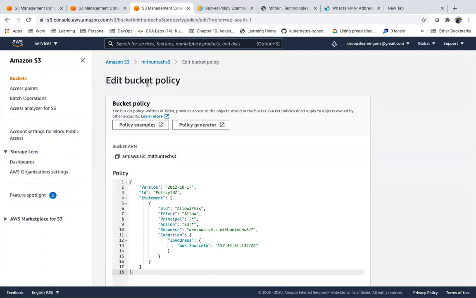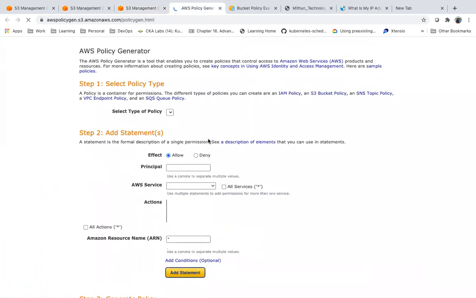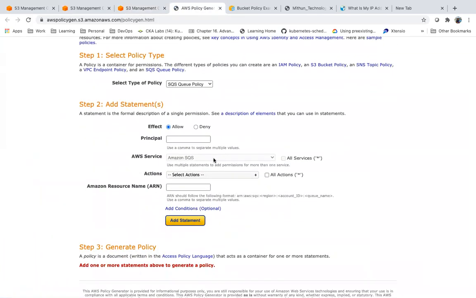When you define a bucket policy, right there you have a policy generator helper link. Here you can select what service and what action you want to give.